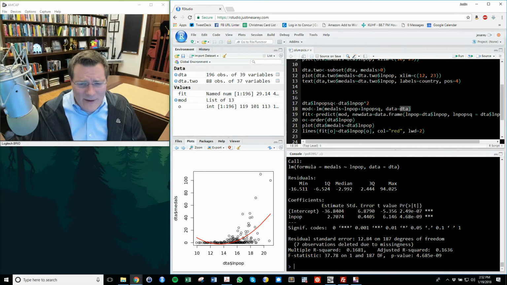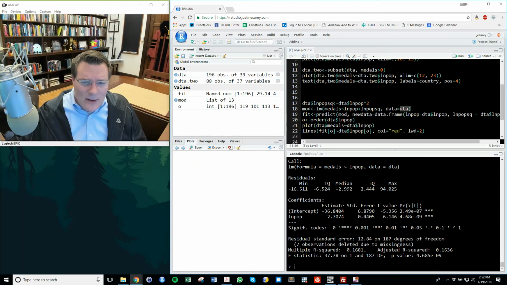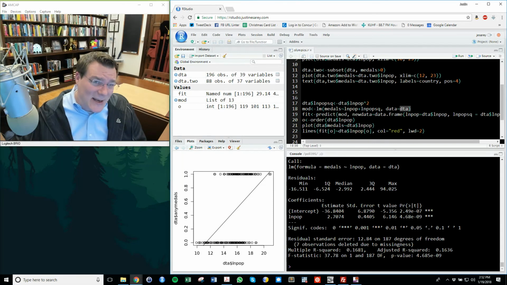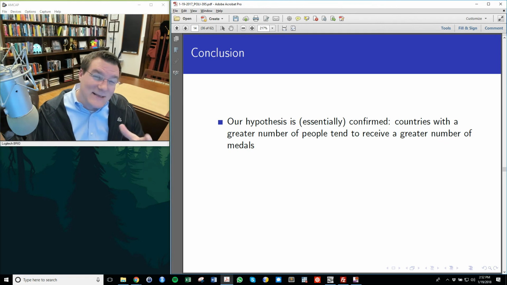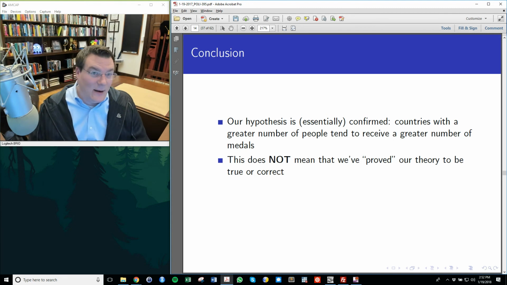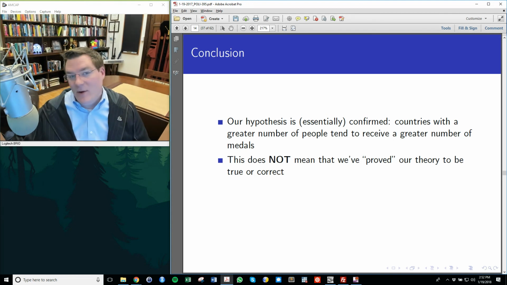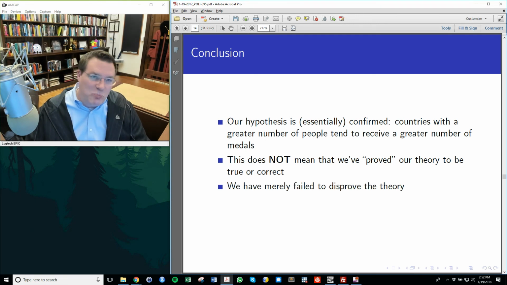Maybe it's really more of a curvilinear relationship. Maybe it's really more of a necessary condition. Within some kind of broad bounds, our hypothesis was not falsified, although not exactly as cleanly as the way we stated it. We certainly, under no circumstances, have proved our theory to be true or correct. We have not done that at all. We probably failed to disprove the theory, right? Looking at that evidence, I would say we failed to disprove the theory.